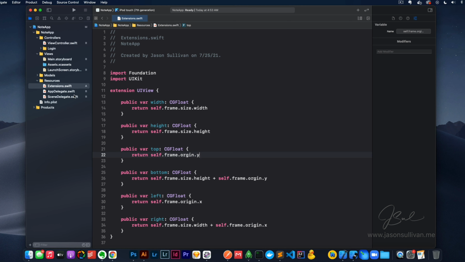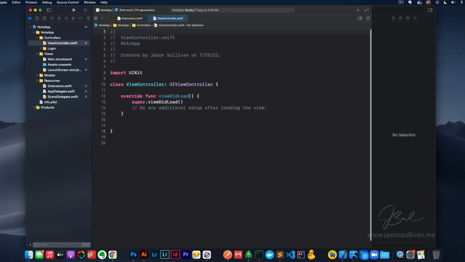So let's jump into our controllers here. So we have our main view controller. The way this is going to be set up is we're going to set it up to essentially launch to a login screen or a register screen. But in order to do that,